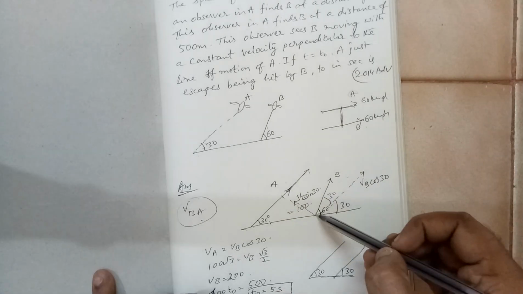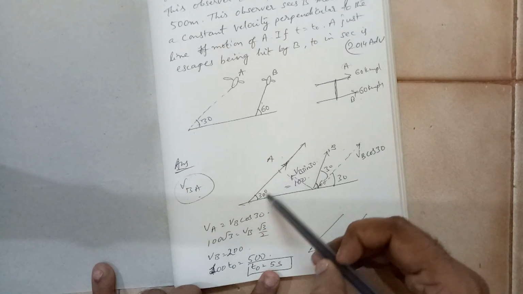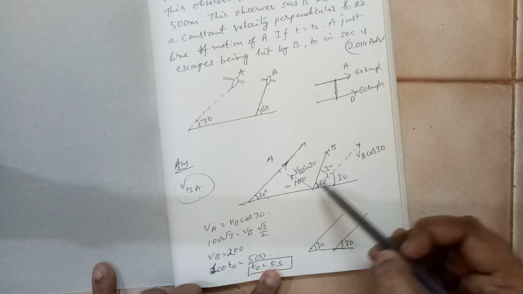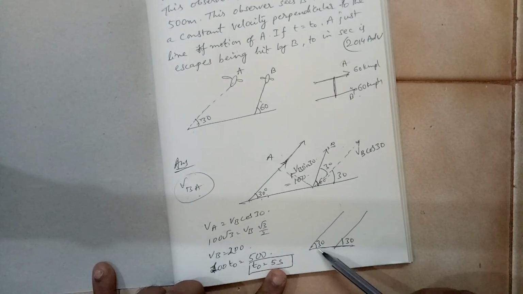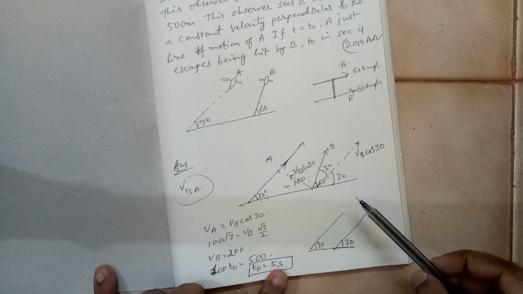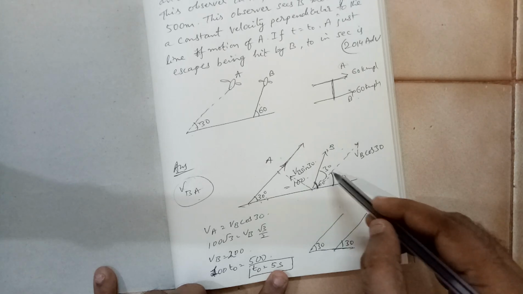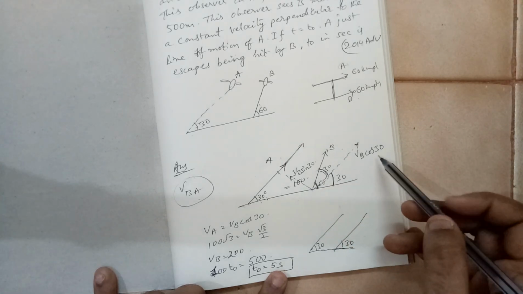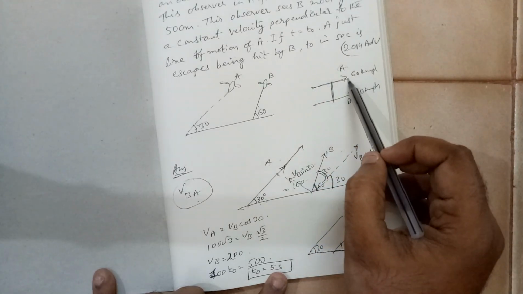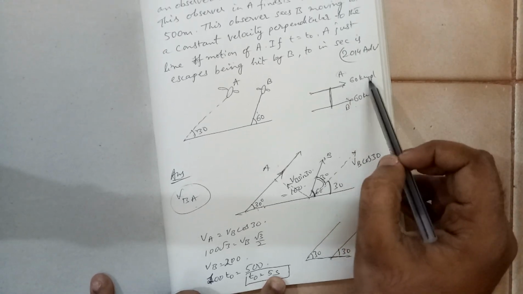So here this B vector is there. It is like this. A vector is making 30 degrees. Draw a parallel vector starting from this point. So if this is the parallel vector, this angle is 30, this angle is also 30. If this total angle is 60, and 30 is gone, this is 30 degrees. So basically we are trying to convert this into this. Here you see both are parallel to each other and both magnitude is also the same.